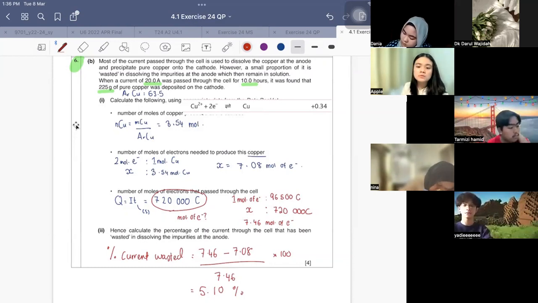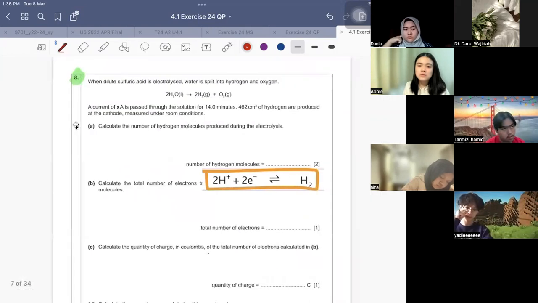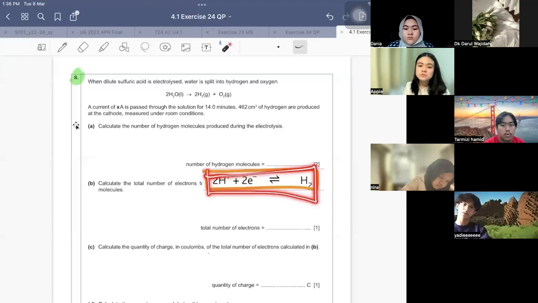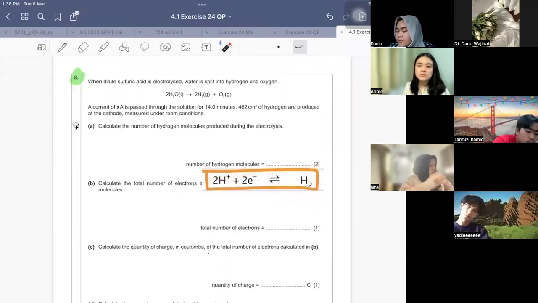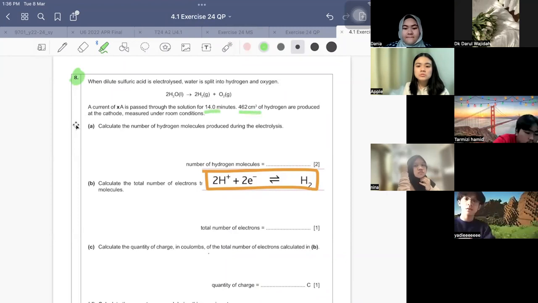Same thing. This time the current is not given to you, okay? The current is not given to you, but the time is given to you and the volume of hydrogen gas. Okay, so I'll move on to question 8 now. Okay, so you notice that I have already prepared my half cell equation. So I don't know the current, I know the time, I know the volume of hydrogen produced at the cathode,